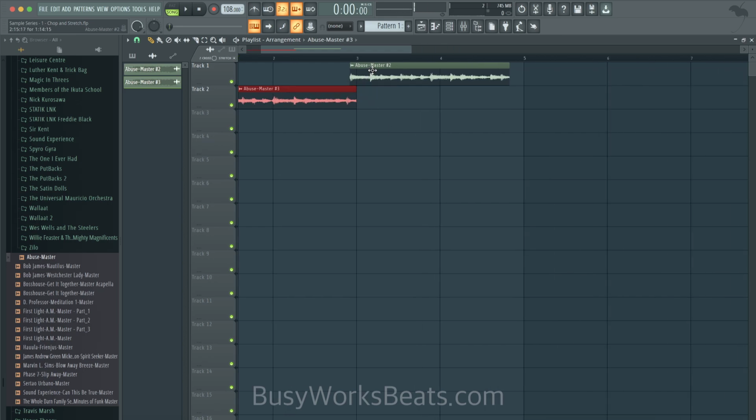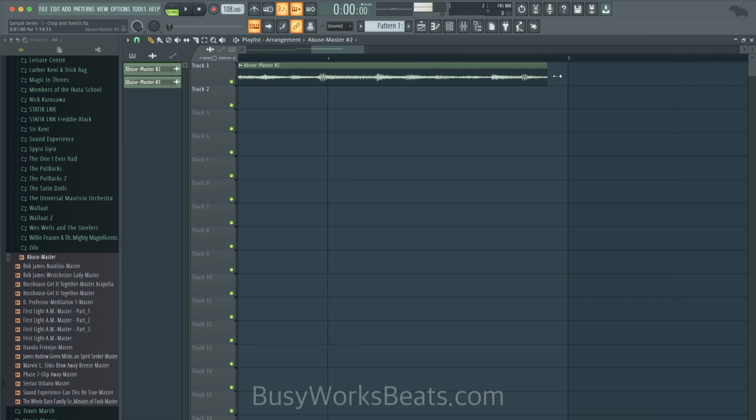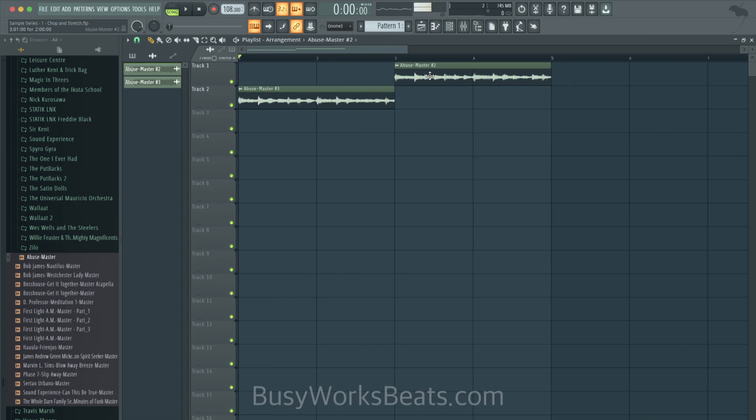Let's grab the second sample, hit Alt, left click. The first thing we need to do is line it up with this column. So let's hit Alt, left click, and just make sure it lines up. You just zoom in with your mouse there. And then we want to grab that right side. So hit Alt, left click, drag. Okay, so now it's perfectly within 2 bars.